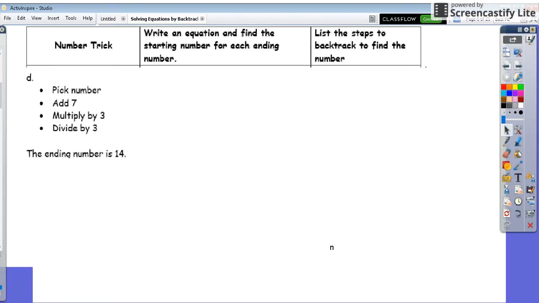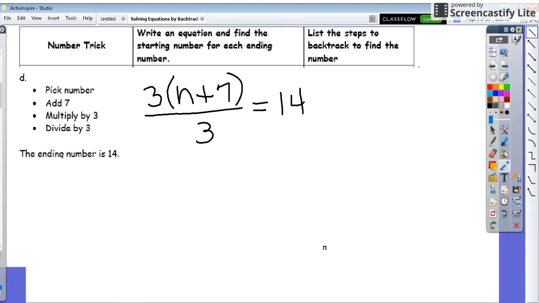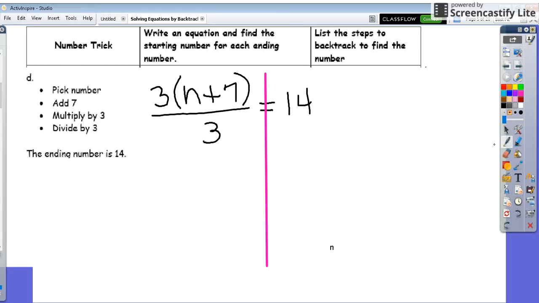So we're back on part D, and we're just going to start where we left off. So it's pick a number, add 7, multiply by 3, divide by 3, and the ending number is 14. And so what we're going to do is the same thing that we did before, and I'm going to make that line. And that's just to differentiate the left-hand side from the right-hand side,